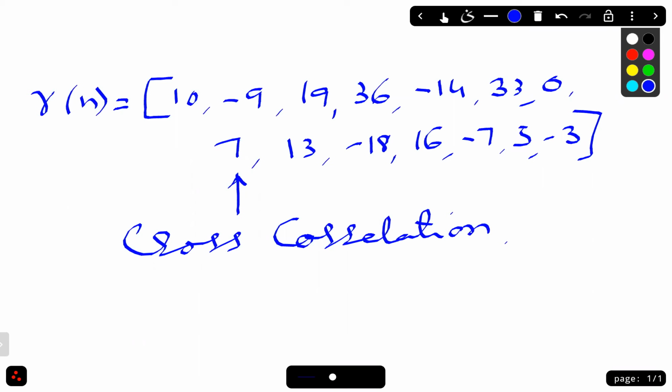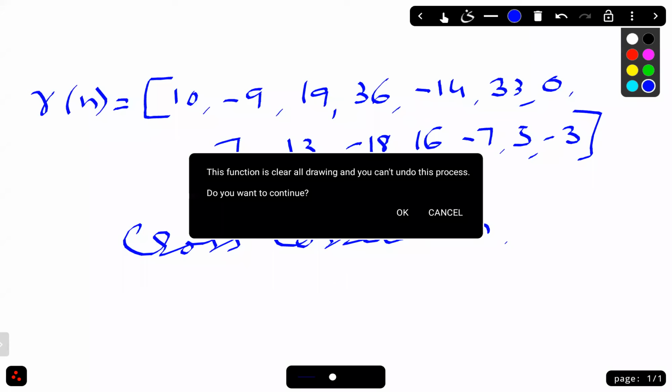No, sir. Okay, let's go for the next question. Let us understand the next example. Note down the question. Determine